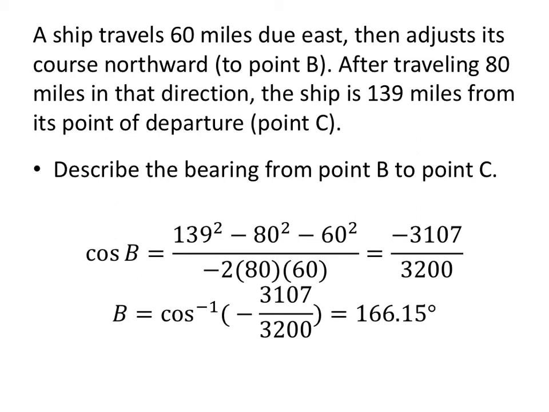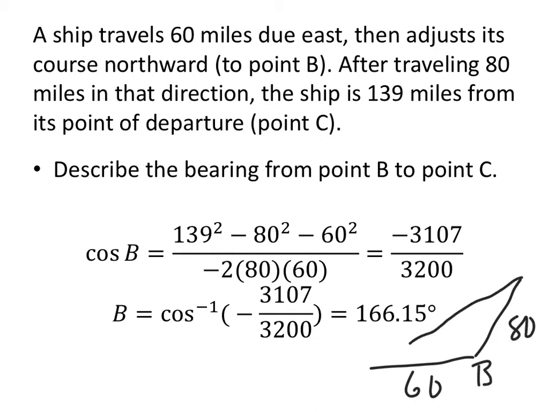I can find angle B, this portion, because I know I have gone 60 and then 80, and angle B in the middle, along with a 139 here. That's a 3, hard to see. So that's 139 squared minus 80 squared minus 60 squared, all over negative 2 times 80 times 60, and of course I used parentheses when I put this in my calculator. This gives me a value of negative 3107 over 3200. If that is equal to the cosine of B, then B is the inverse cosine of negative 3107 over 3200, which is a total of